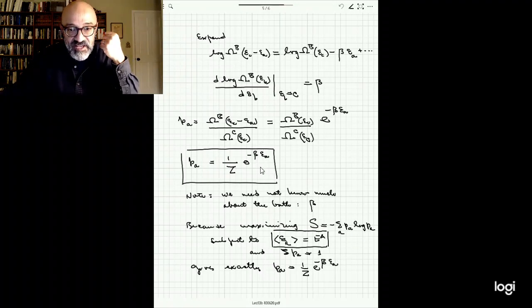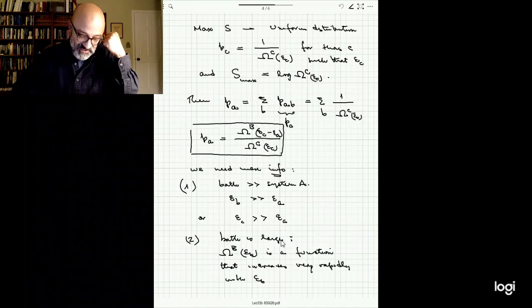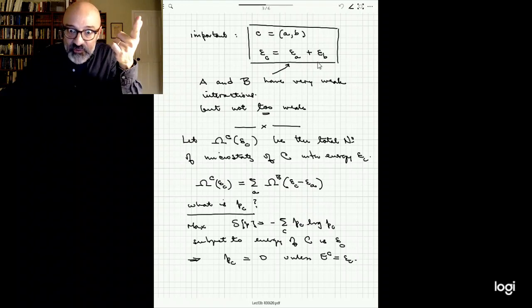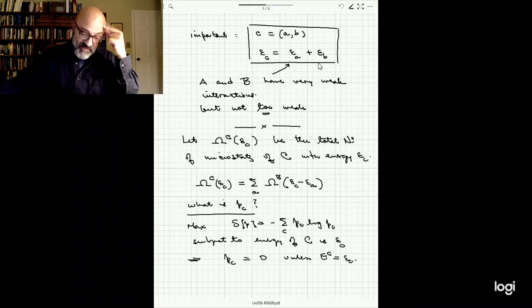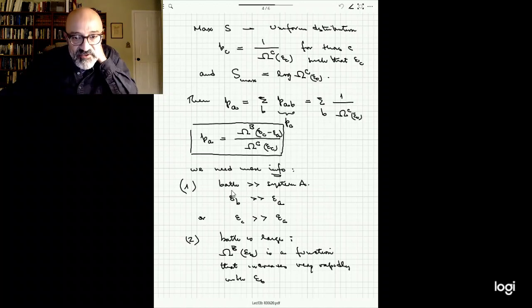Second, we realized that this sort of expression, which is derived by having the constraint on the expected value of the energy, did not come for free. It was necessary for the system to be unentangled. It was also necessary for the system to be weakly interacting, but not too weakly. That allowed us to compute, right? We used the method of maximum entropy and it allowed us to compute. Perfect. But then we also had to assume that the bath is much bigger than the system A, and the bath is supposed to be large enough that